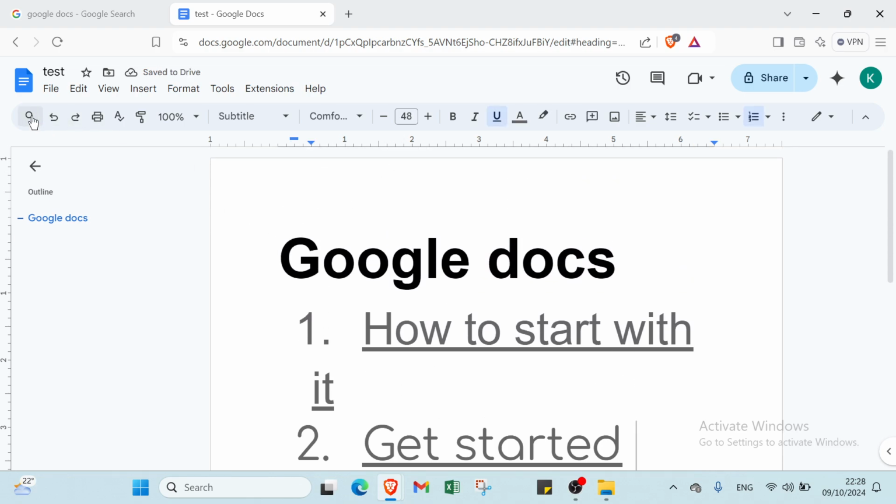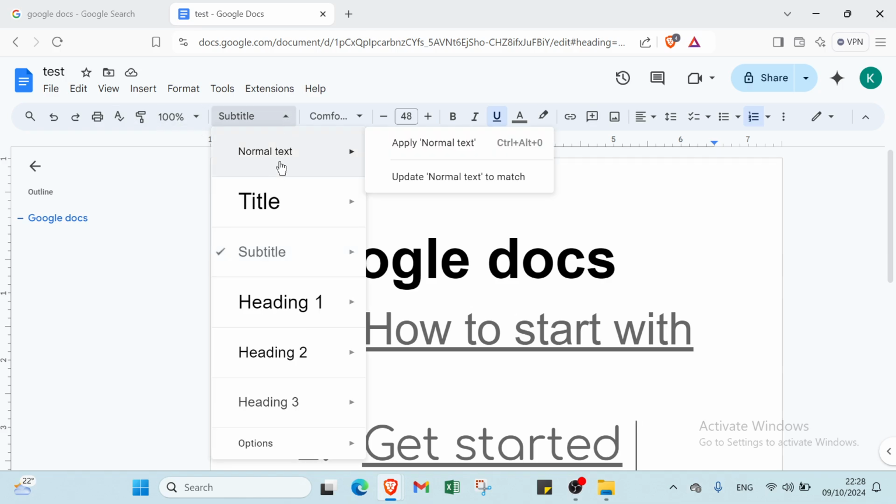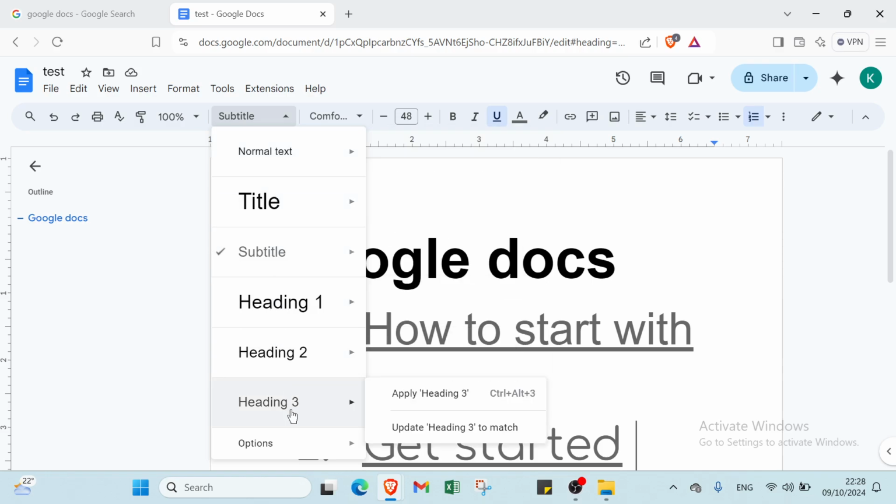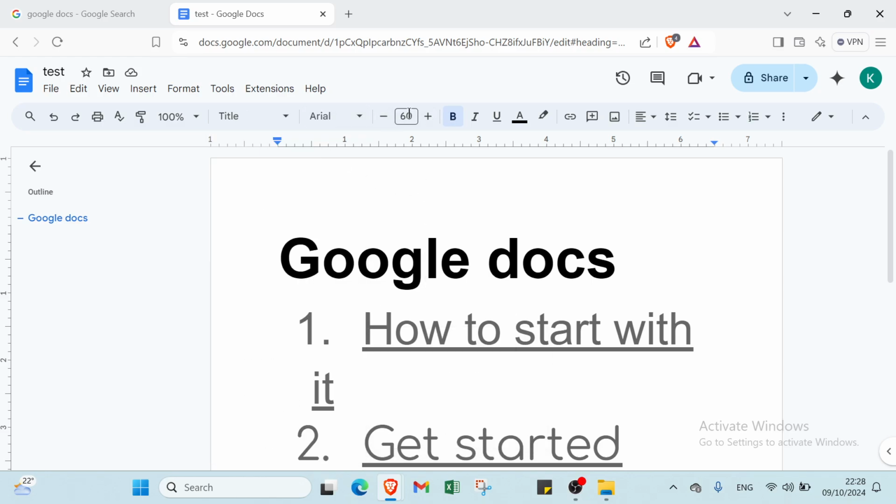So also we have here this option if you want to search the menus. Undo here, redo, we have print, spell and grammar check, and we have here if you want to paint format. So here you choose if you want normal text, title, subtitle, heading 1, and we have here heading 2, heading 3, and other options like save as my default styles, use my default styles, reset style. Then we have here the size, and we have here the type of